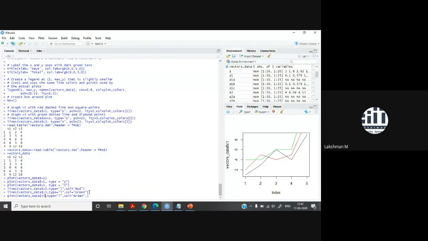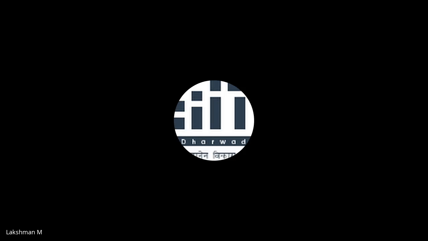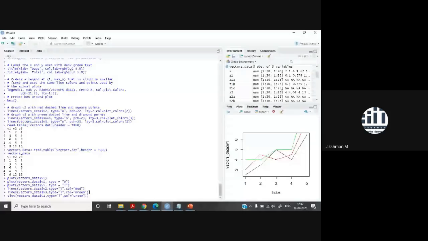So in plot, what we want to do is remove the axes. If you want to remove the axes, then the same command I discussed about axes, you put axis, and directly enter false.